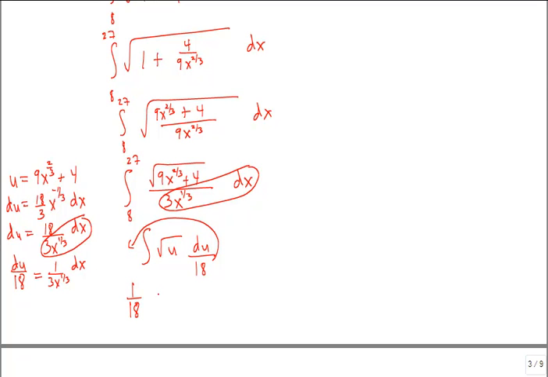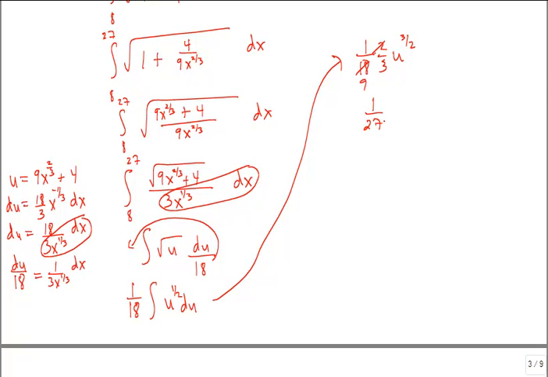Now this 18 that's in the bottom, let's go ahead and pull that out, and it's in the bottom, so it's a 1/18, and square root of u is just u to the 1/2. So I can integrate that, and it's going to turn into a 1/18, and then u to the 1/2. When I add 1 to that power, it becomes a 3/2 times 2/3. And now I will simplify here. I'm going to get a 1/27 u to the 3/2,